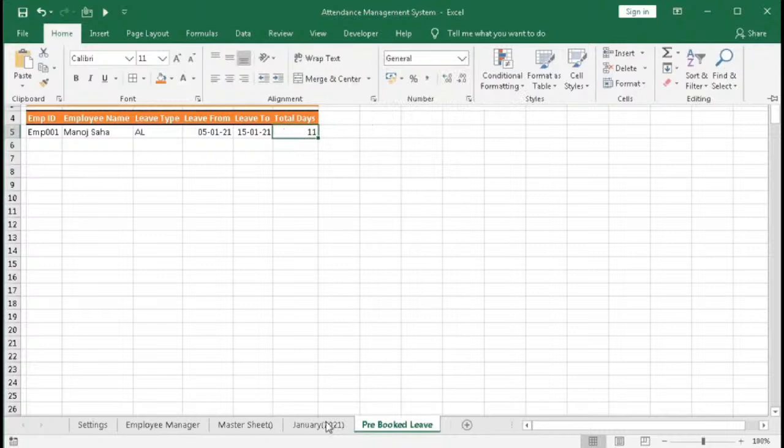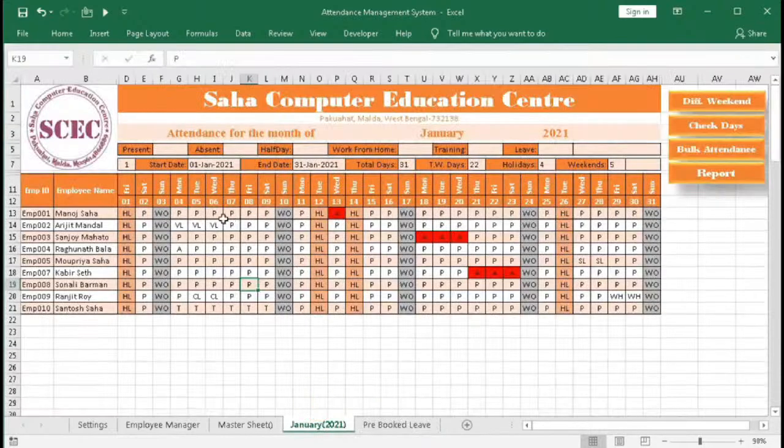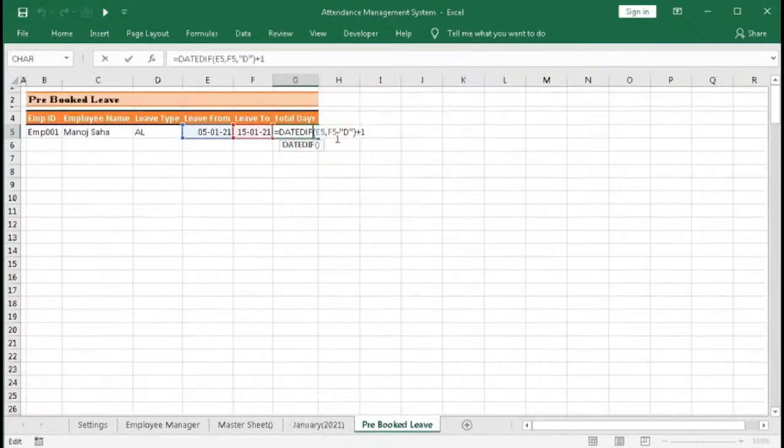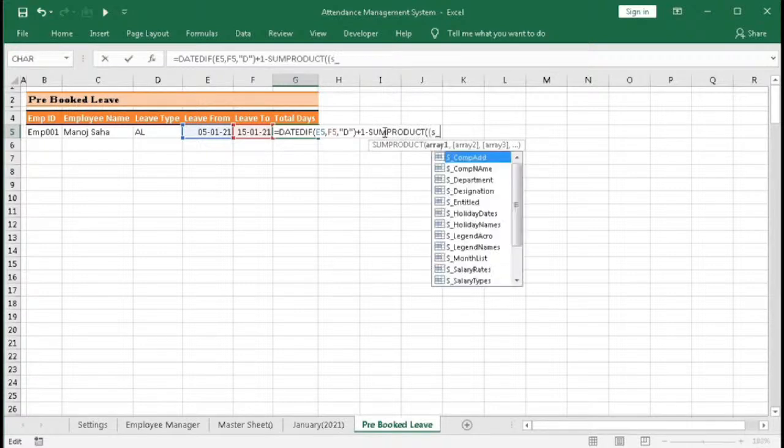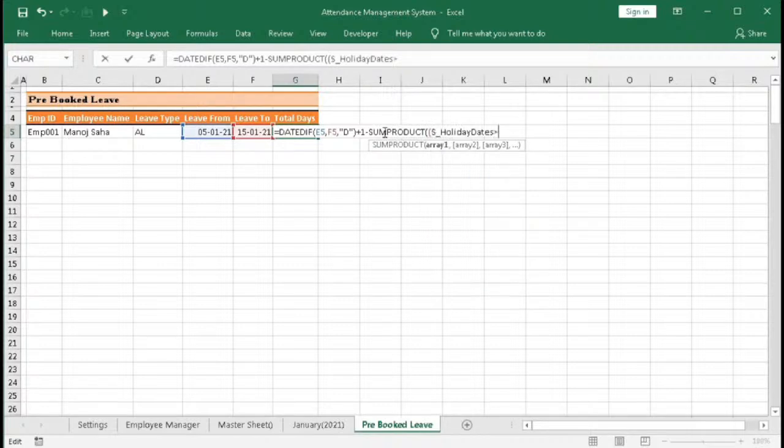Now here we can see from 5th to 15th we have 1 weekend and 2 holidays. So this should be subtracted. So here we'll use minus SUMPRODUCT, and our SUMPRODUCT should be for holidays. So bracket open, S underscore holiday dates greater than equal to this date,